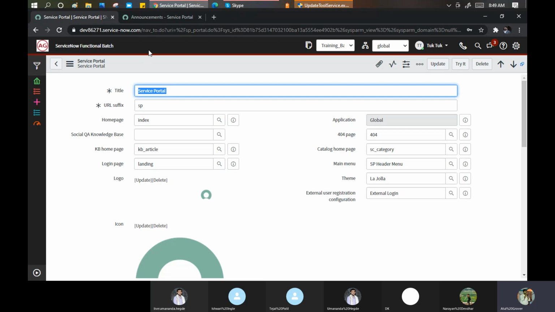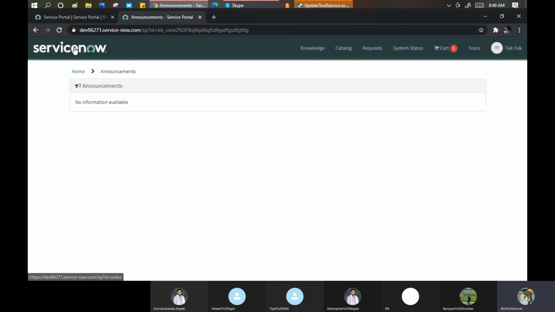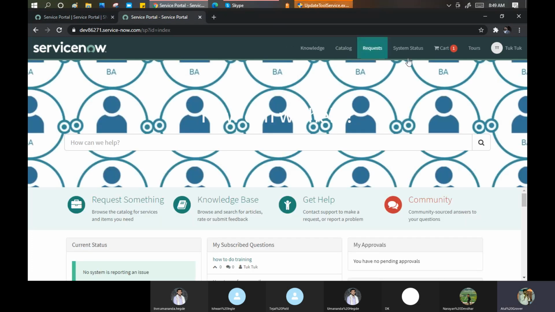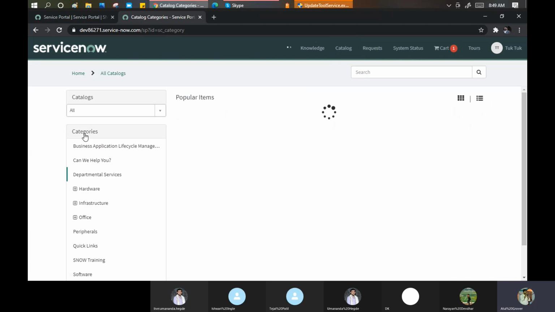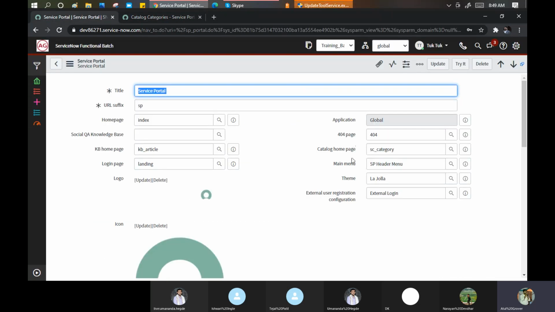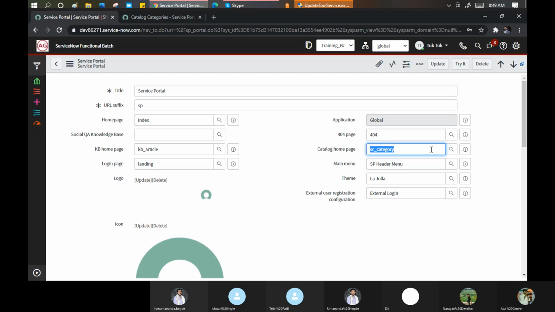Catalog home page. If I go here and click on this, this is my ServiceNow portal homepage, right? If you click on this or this, let me click on this. You are able to see a page like this, right? From where is this page coming? This is coming from my catalog homepage. What type of catalog homepage? SC category. Let's put double asterisk C, anything else?